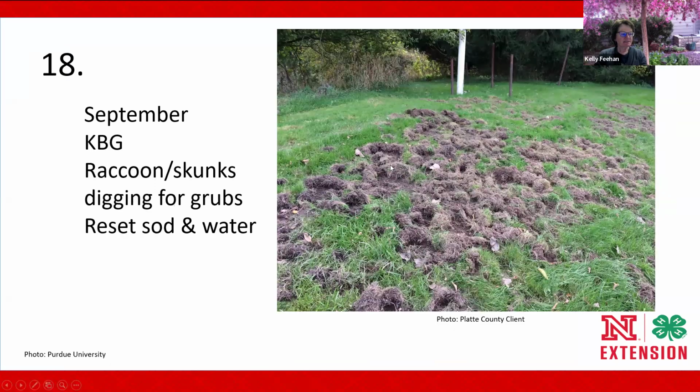These are the calls we get in September. Something tore my lawn up. So it's usually raccoons or skunks that are digging for those full-grown grubs. Grubs are full-grown by the end of the season. Again, with preventive grub products, this question has greatly decreased, but I have gotten a few the last few years. So there are those raccoons and skunks. They're getting ready for winter, and they want to get fattened up for winter, so they're going after those fat